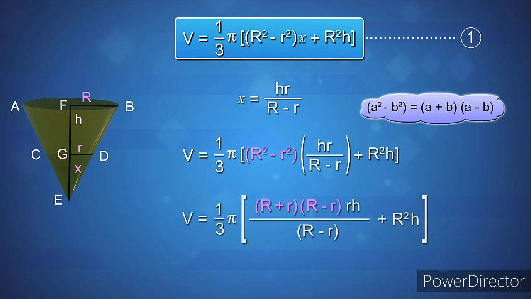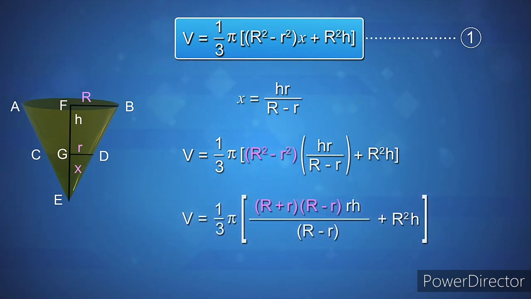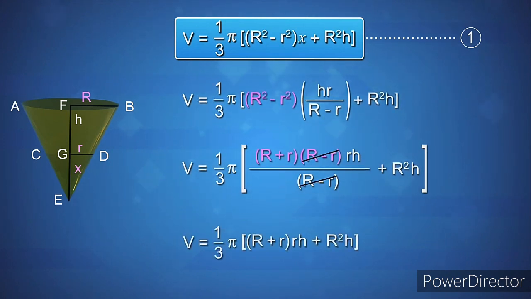So we get V is equal to 1 by 3 pi into capital R plus small r into capital R minus small r into H by capital R minus small r plus capital R square H. Cancel the common term capital R minus small r. Therefore, V is equal to 1 by 3 pi into capital R plus small r into H plus capital R